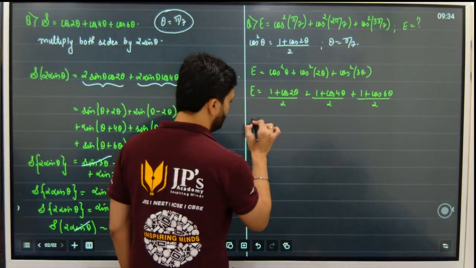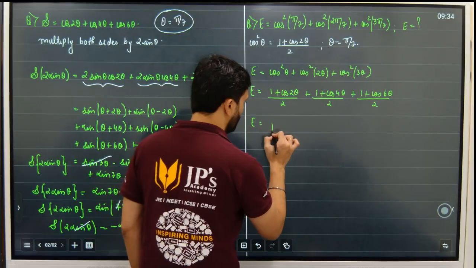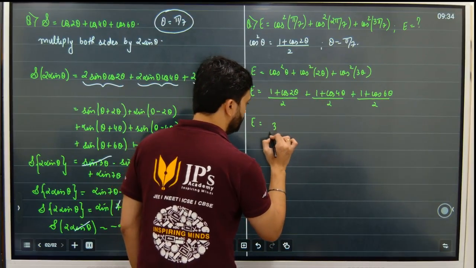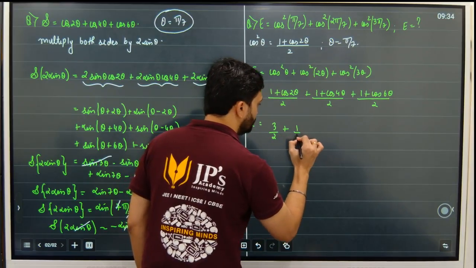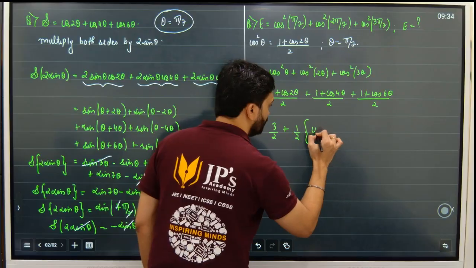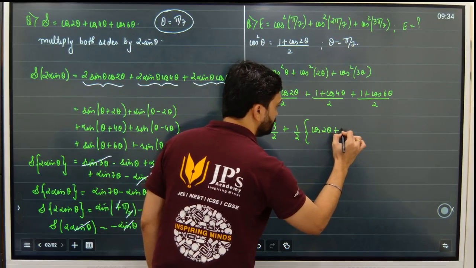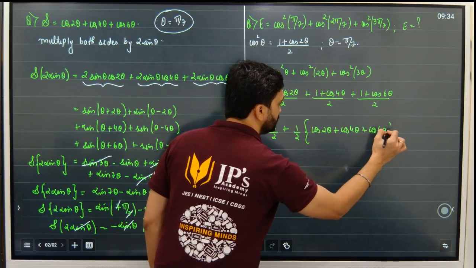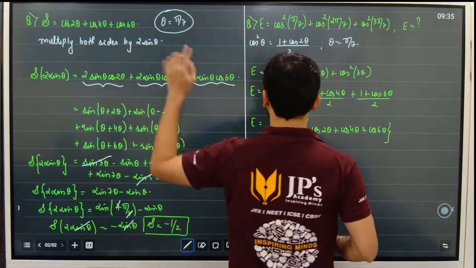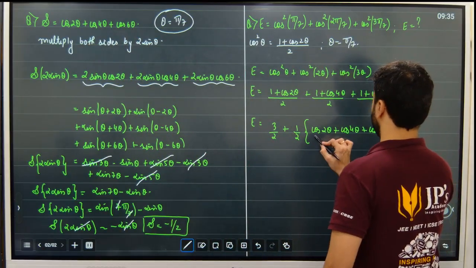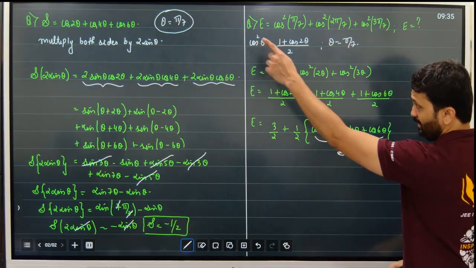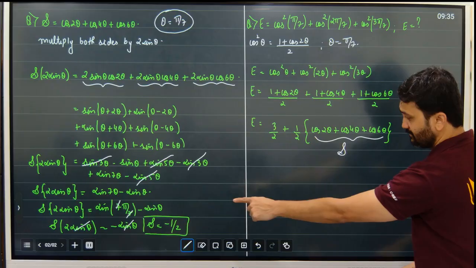So if I separate this, this will become half plus half plus half, which is 3 by 2, plus half times (cos 2 theta plus cos 4 theta plus cos 6 theta). ये देखो, और इसको हम लेंगे s. I'll take this entire term as s